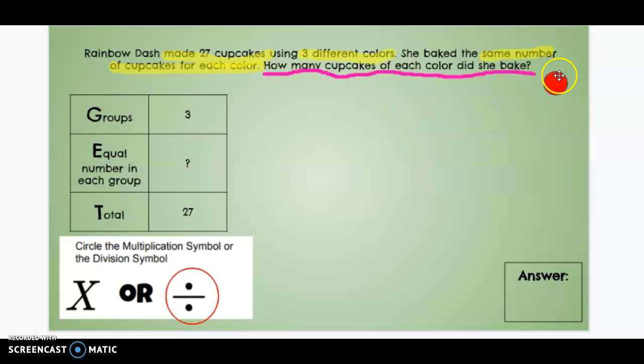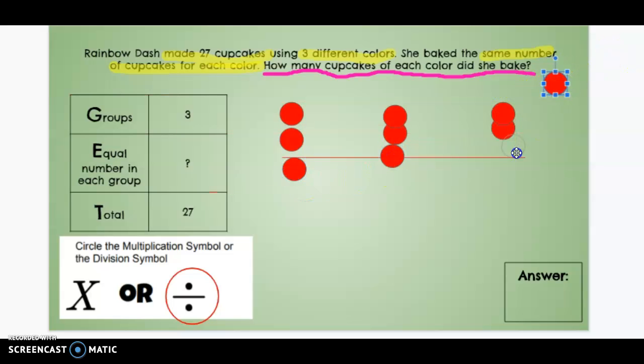27 divided by 3. Well, I'm going to use my little chips over here, and I'm going to make my 3 groups. Okay? And then I am going to just count out until I get to 27. And that's going to tell me how many are in each group. So there's my 1, 2, 3, 4, 5, 6, 7, 8, 9, 10, 11, 12, 13, 14, 15,